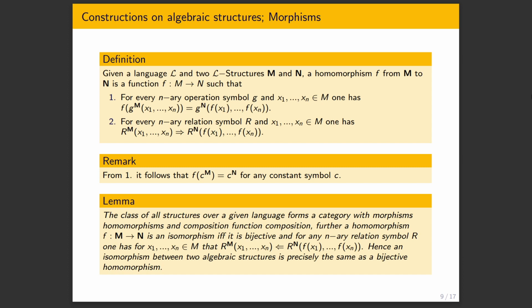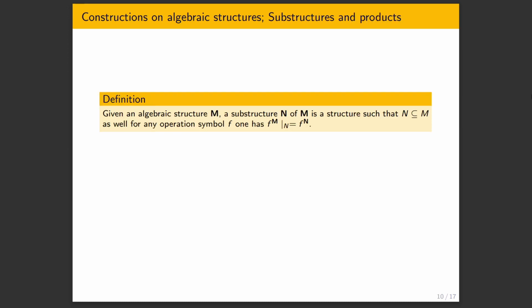And one good thing to know is what isomorphisms of structures are. Isomorphisms of structures are precisely bijective homomorphisms such that the implication in the second point can be reversed. But if you consider algebraic structures, then the second point is completely irrelevant. There are no relation symbols. And so it suffices to say that isomorphisms are bijective homomorphisms when considering algebraic structures. Right. So now we have a category. We can also consider things like products and coproducts and equalizers and kernels and things like that. And that's useful. So let's move on.